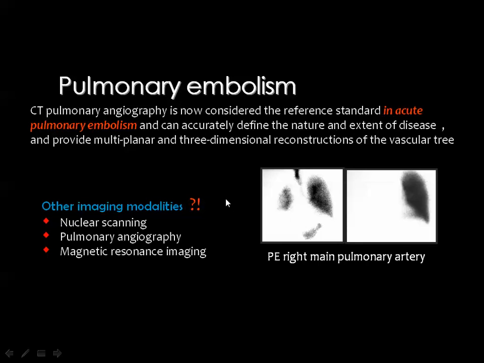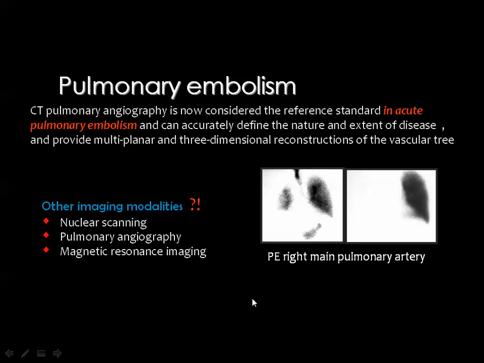I have said that the CT pulmonary angiography is the most sensitive technique to detect pulmonary embolism, and this is true only in acute conditions. CT pulmonary angiography is considered the reference standard in acute pulmonary embolism, but whenever we come to the second issue, which is chronic thromboembolic pulmonary embolism,